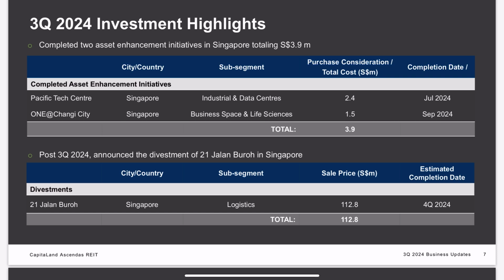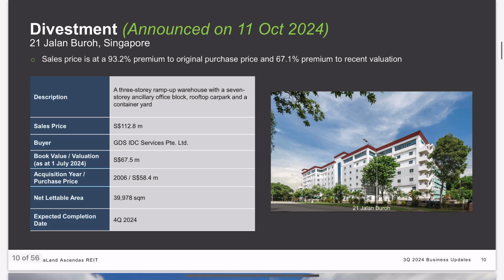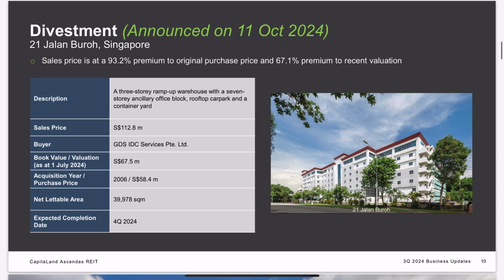As you can see, currently they are doing asset enhancement to one data center and one business space. Hopefully the asset enhancement will bring in more income for Ascendas REIT. They have also divested one logistic asset with a huge premium. Looking at the specifics, this is a good sale as they are selling at 67% higher than the recent valuation